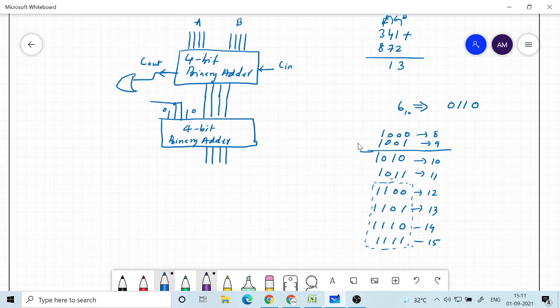So let's do a logic circuit. First, the first 2 bits are 1. You take the first 2 bits and pass them through an AND gate. If both are 1, you will have a high there, or you can have another possibility, that is the first and the third bit.